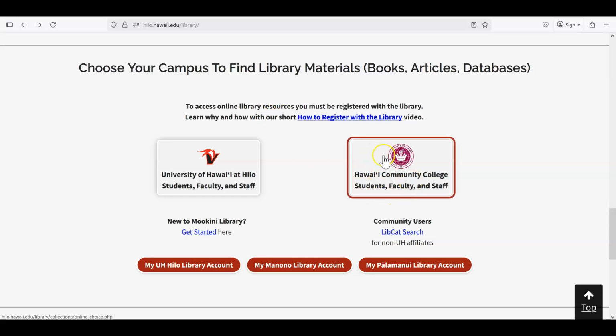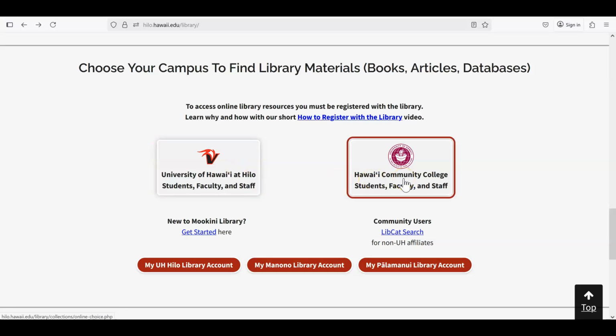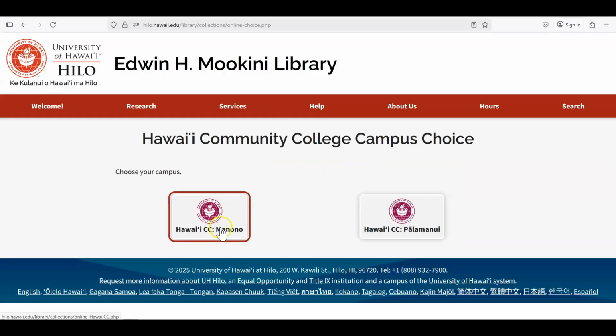choose Hawaii Community College. If we choose this option for UH Hilo, we're unable to access any of the online databases. So UH Hilo and Hawaii Community College students share the same library, but we want to make sure we choose Hawaii Community College. And then for the Manono or the Palamanui campus, it doesn't really matter